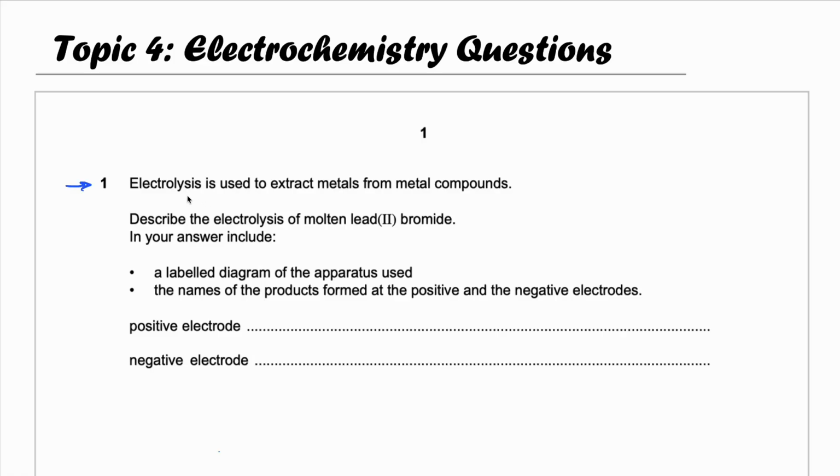Question 1. Electrolysis is used to extract metals from metal compounds. Describe the electrolysis of molten lead bromide. So here we have molten electrolyte. In your answer, include a labelled diagram of the apparatus used, and the names of the products formed at the positive and negative electrodes. So here we have molten lead bromide, which is